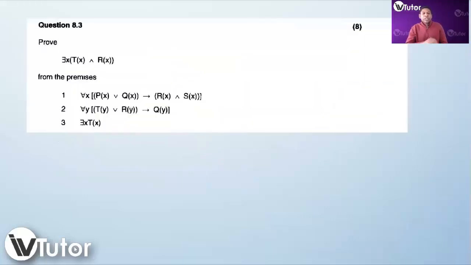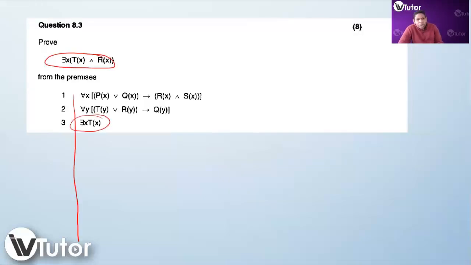Right, we want to prove this as well. So we are seeing a pattern. Every time we have to prove something with an existential quantifier, we have an existential quantifier at the beginning. So let's see number 4. These ones are premise, premise, premise. So we're going to have C